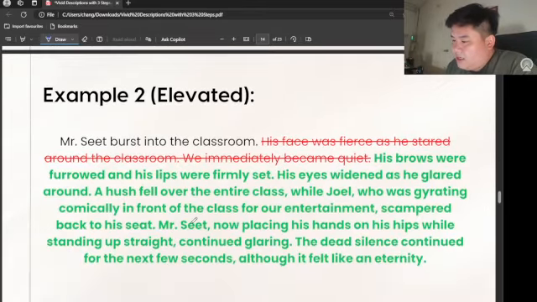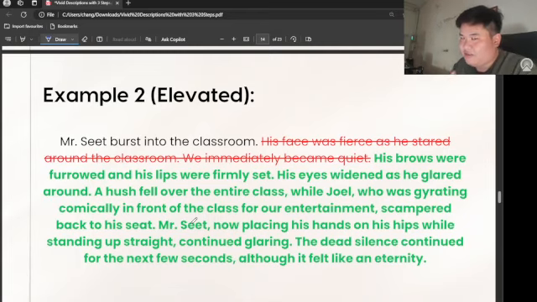Mr. Seed burst into the classroom. His brows were furrowed and his lips were firmly set. So I'm not an actor, obviously, but something like this. His eyes widened as he glared around. A hush fell over the entire class, while Joel, who was gyrating comically — gyrating just means dancing in a very weird way — comically in front of the class for our entertainment, scampered back to